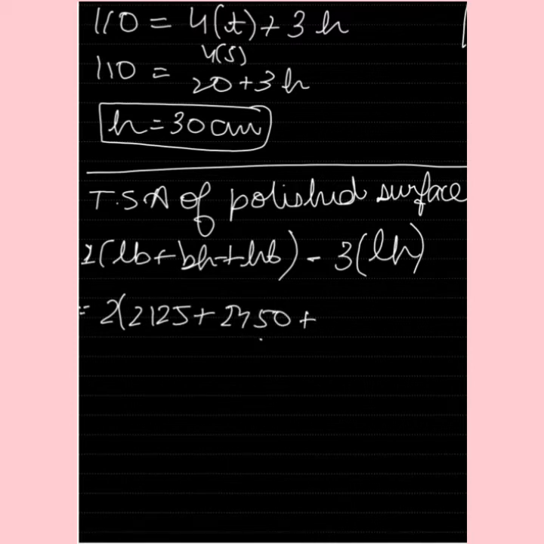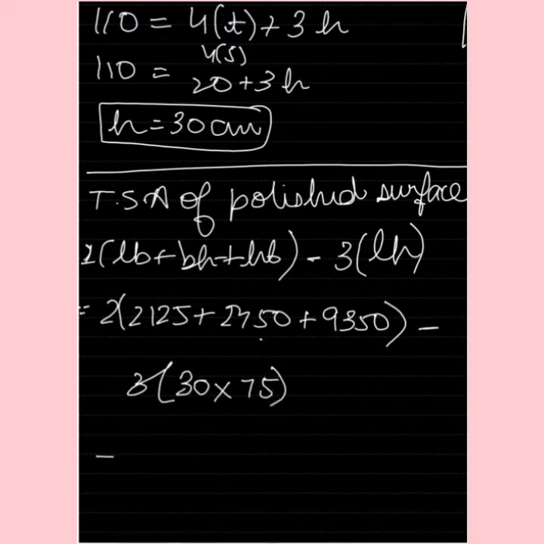And the height, that was 110, and length, that is 85, gives us 9350. Now thrice the height of the drawer. What was the height of the drawer? 30, and what is its length? That was 75. Now on calculations, we will come to know that